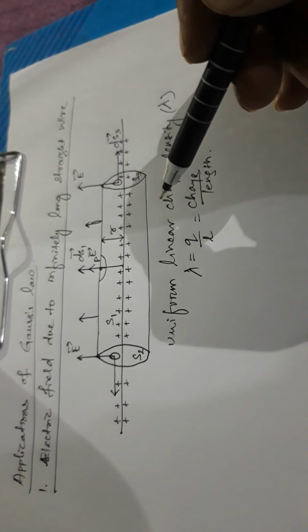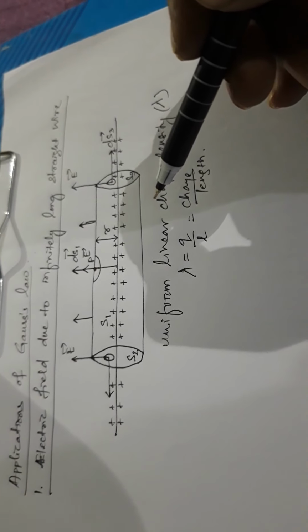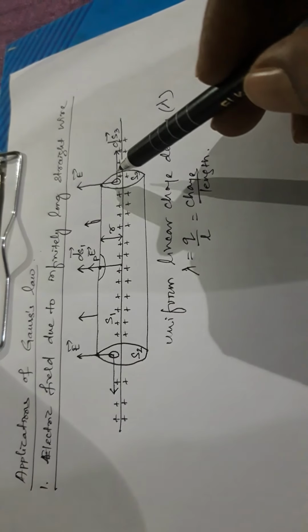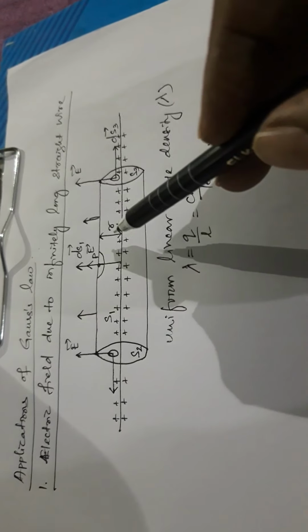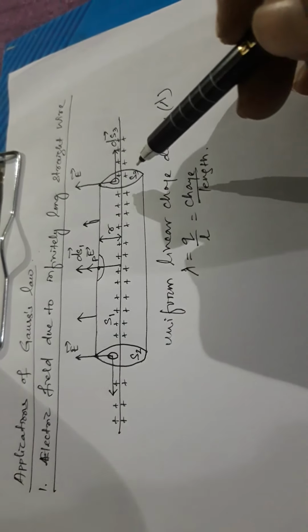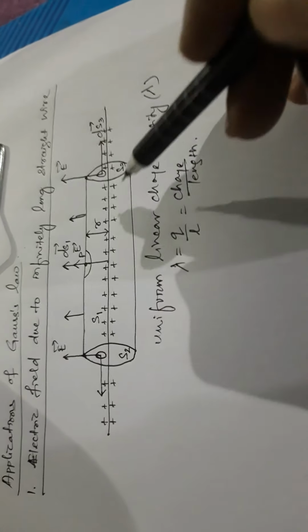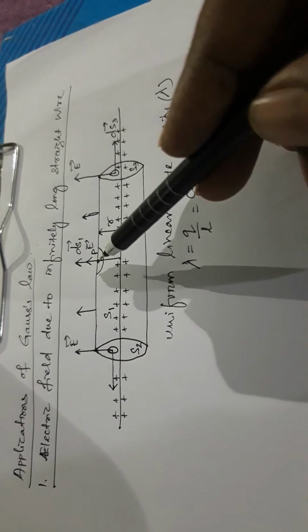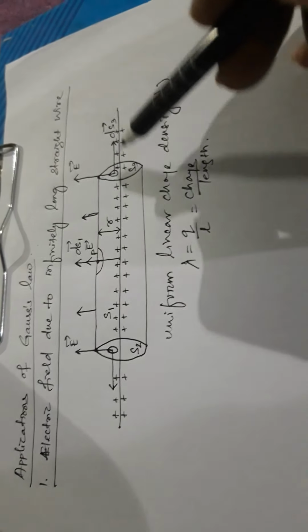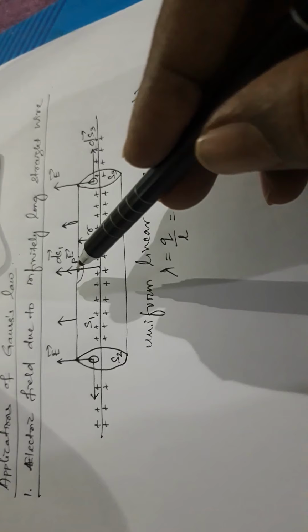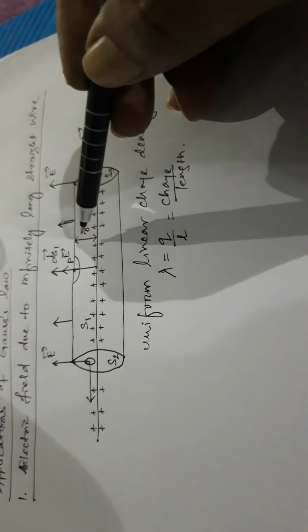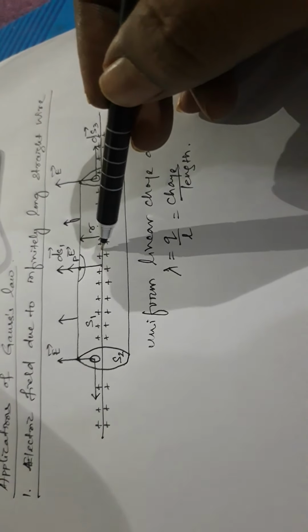While applying the Gauss law, students, first you have to consider the charge distribution. So accordingly we have considered the linear charge distribution here in terms of the long straight wire, on which Q is the charge distributed over the length L, and P is the point of observation at which you are finding the electric field strength due to this linear charge distribution by applying the Gauss law. Now P is the point of observation situated at a distance R from this linear charge.